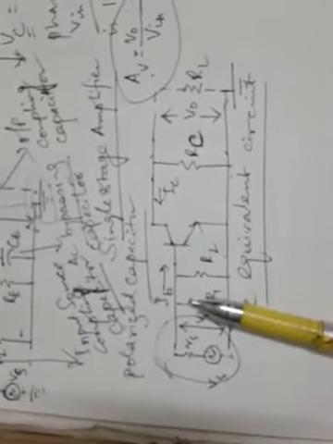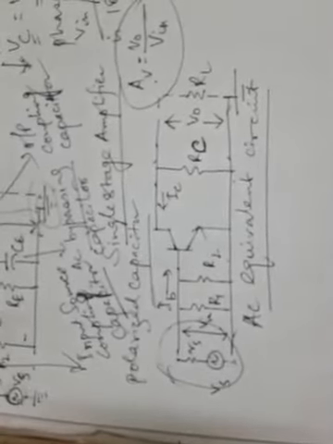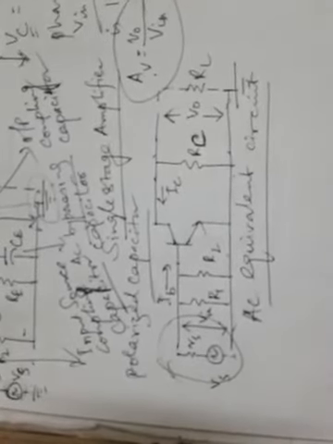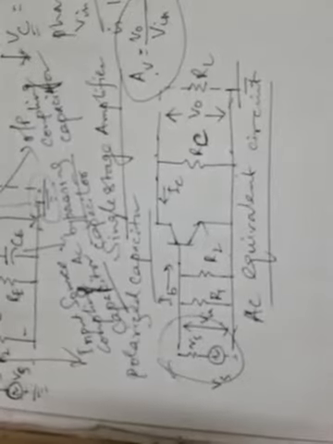Some common emitter circuits may not include the bypass capacitor. In some circuits you can find that the bypass capacitor is not present. Alternatively, the emitter resistance may be made up of two series connected resistors with the bypass capacitor across only one of the two. In any situation where an unbypassed emitter resistor RE exists, RE must be included in the AC equivalent circuit. So if we consider that an unbypassed emitter resistor is there, that means if this circuit had been without the use of this